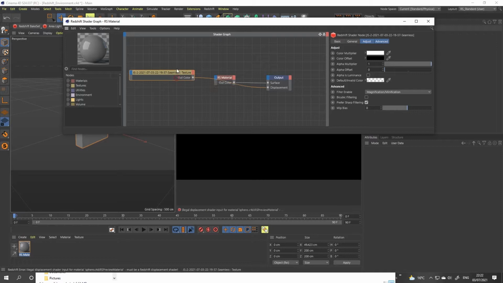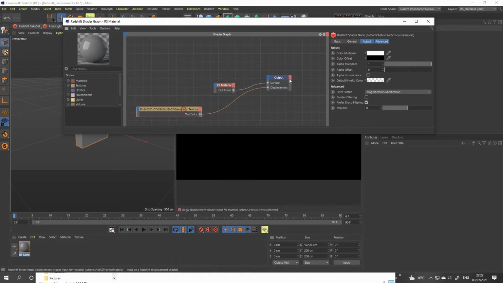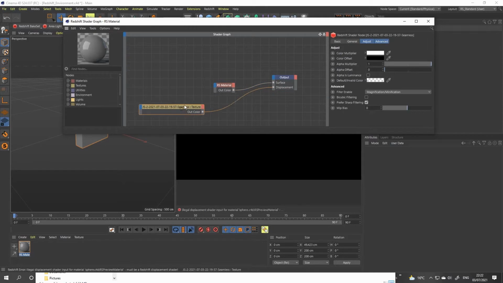And now we can just move it up there. It doesn't really matter where it is, to be honest. And oh wait, we've done something wrong. Now, as I said, I am a noob in Redshift, so I'm plugging that into the output, but what I need to do is actually find a displacement node,